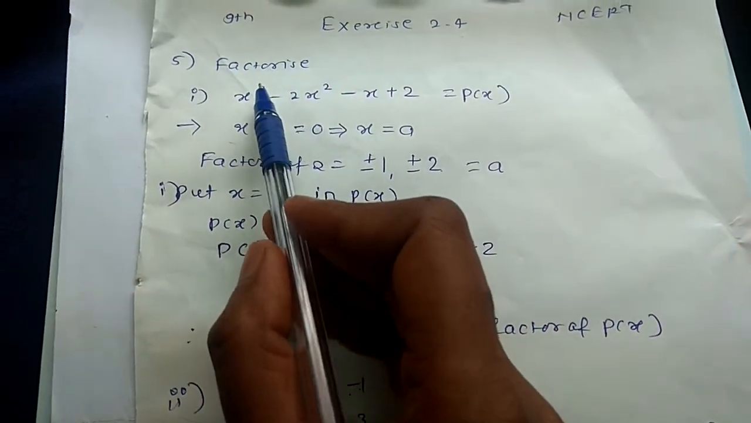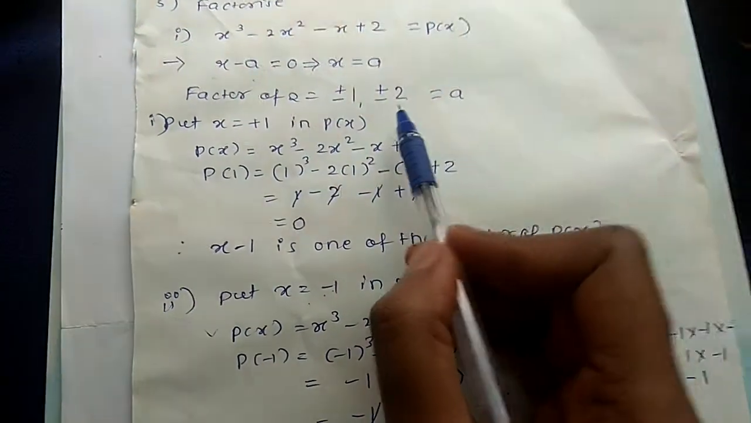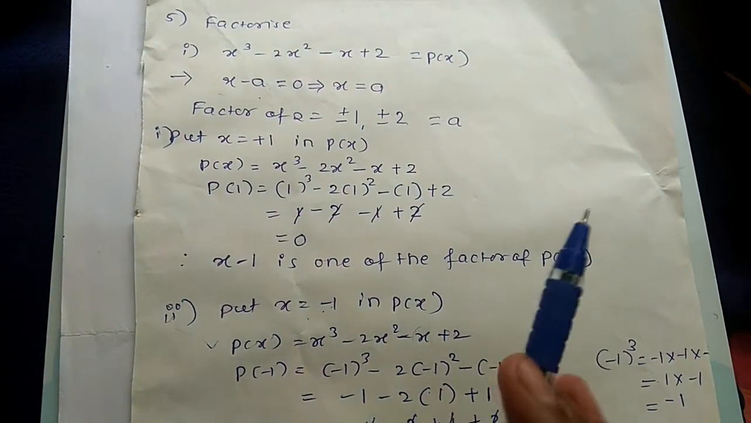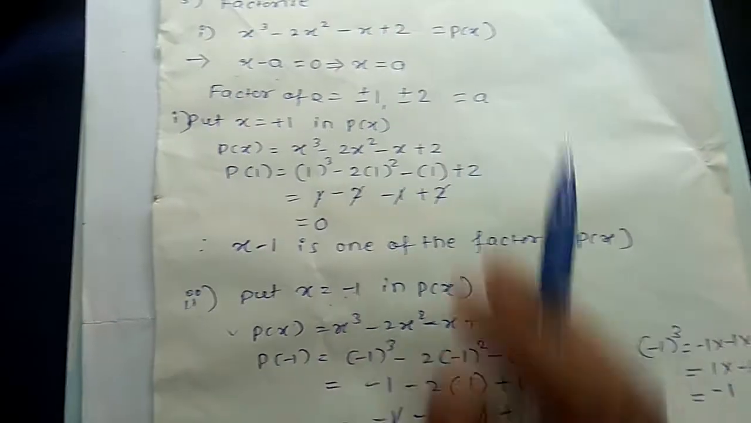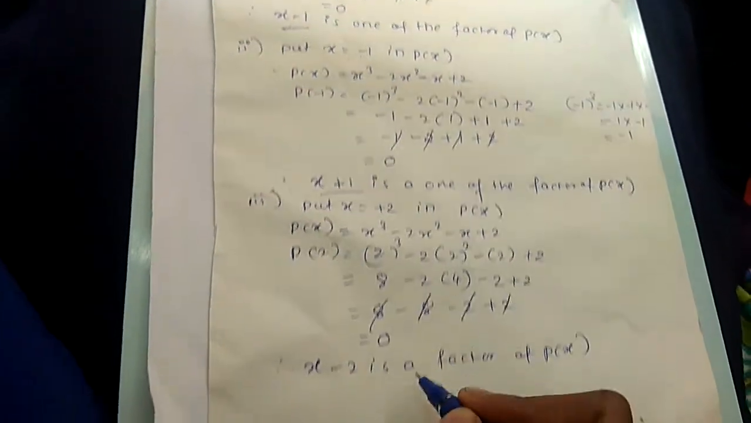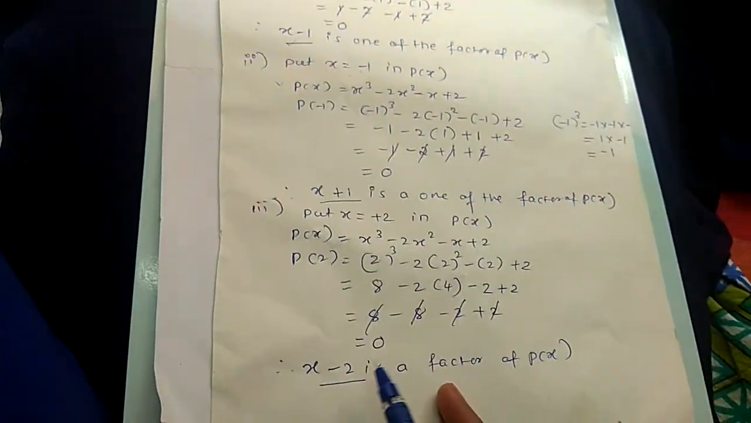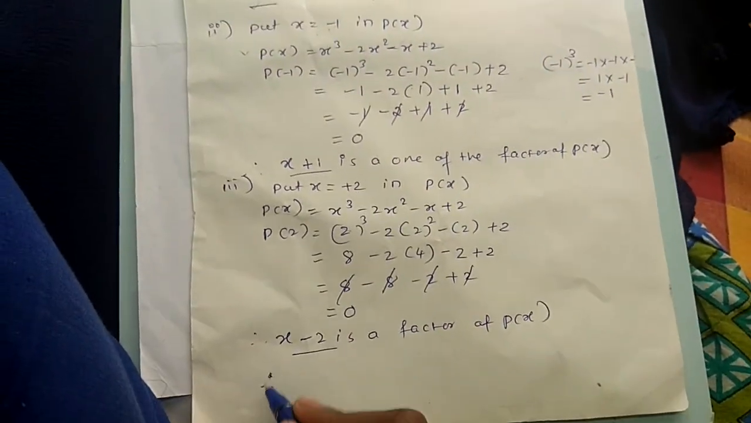So as we know that there can be maximum 3 zeros or 3 factors of cubic polynomial. So we got all 3 factors, no need to check for minus 2. Obviously it will not be equals to 0 when you put value of this x equals to minus 2 in P of x. So we got here 3 factors. So this x minus 1, x plus 1 and x minus 2, these are the factors of given polynomial. And we remember always